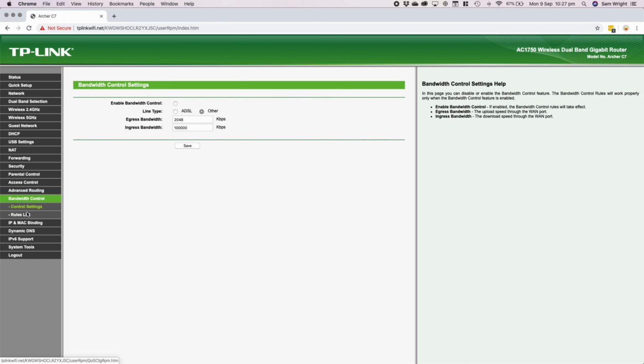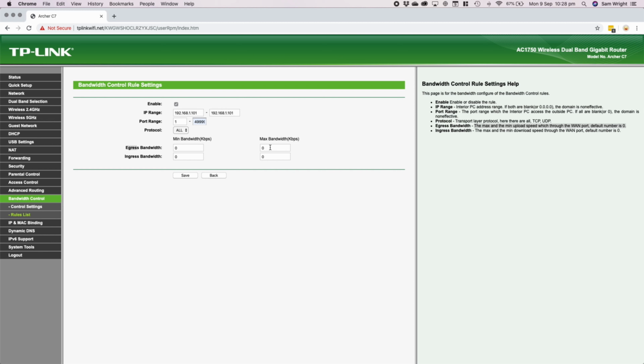4,999.9. And then what we want to do is select all the protocols, and then we want to choose egress bandwidth. So this is the amount of upload bandwidth. You can see the description just here, but egress means out, and so bandwidth going out of the computer is essentially upload. We don't want to change the minimum bandwidth at all, but what we do want to do is